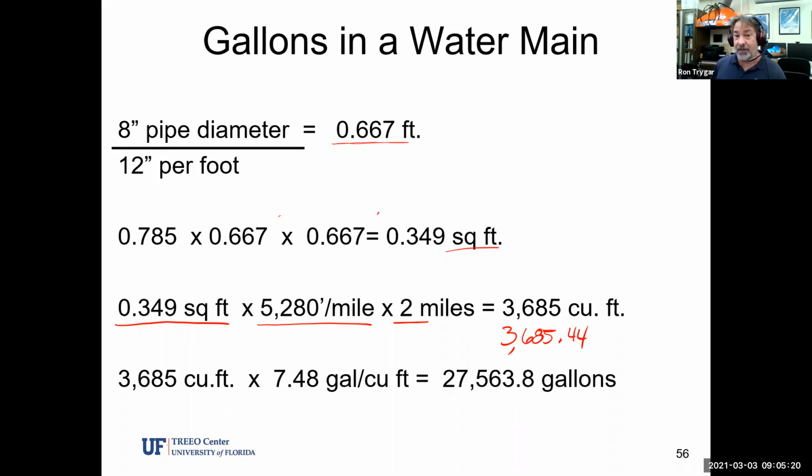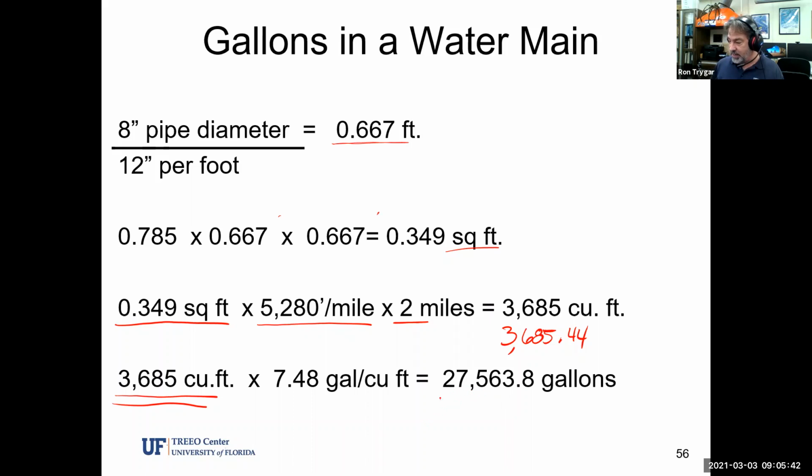And if we want gallons, by the way, I'm sorry, I misspoke. That was the cubic feet. If we want it in gallons, we're not quite done yet. So we have the cubic feet showing here, which we just solved. And don't forget, there's 7.48 gallons in each cubic foot. So we weren't done. So multiply by 7.48, and I got